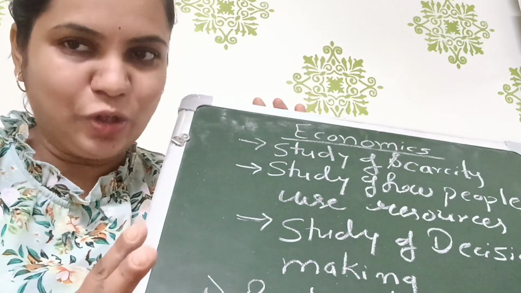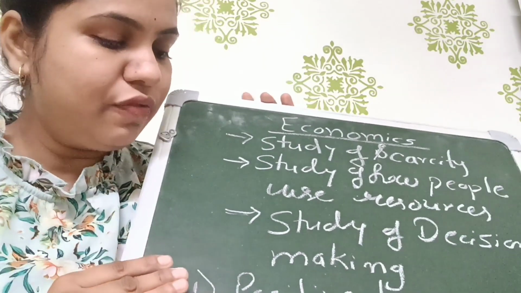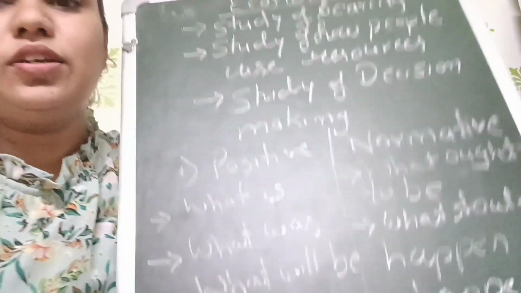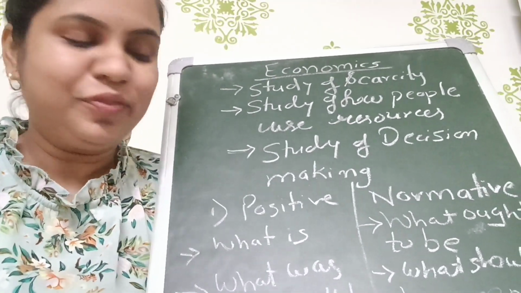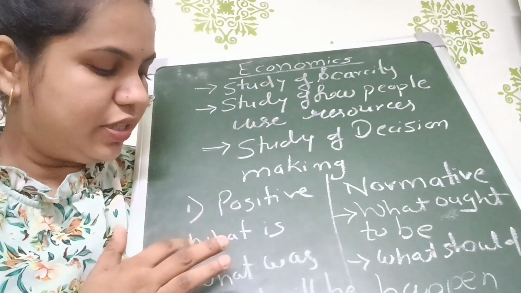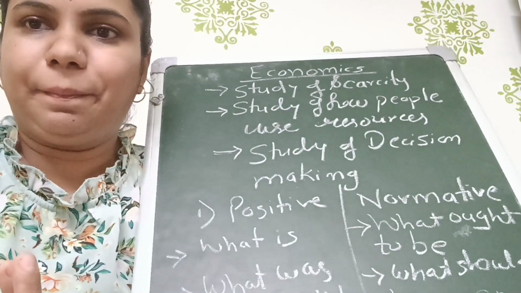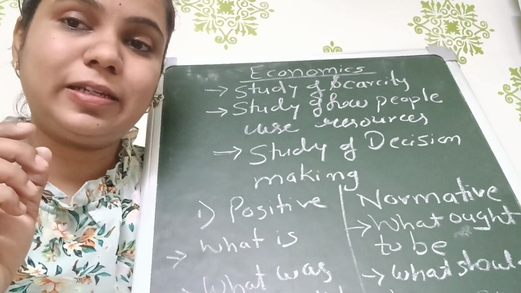Now economics is divided into two parts, which is very important. First is positive and normative. You can see here, right? So what is the first, positive and normative economics, right? So what is a positive one? Positive, that means what? What is positive economics, right? Simple. What is positive economics, and how do you remember it?